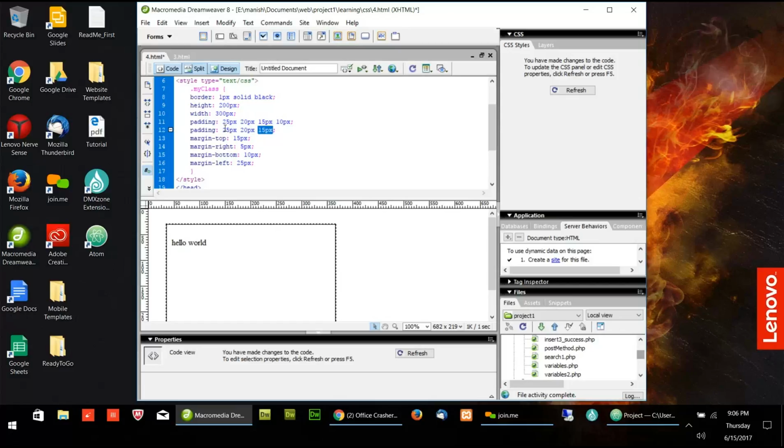So when I say three values, this one is the top, this one is right and left, and this one is the bottom. If I give four values, this is top, right, bottom and left, like a clockwise.